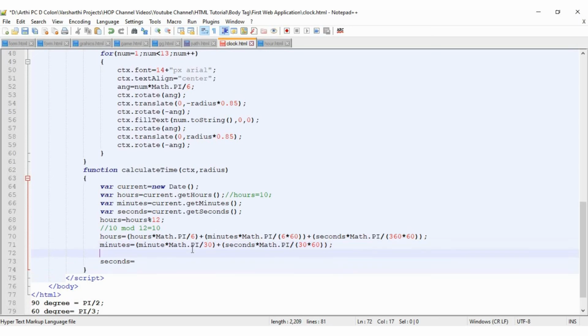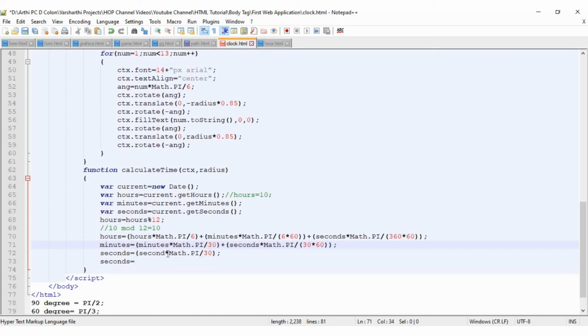And finally seconds: second into pi value divided by 30 into 60. So now we have calculated the angle for the hours hand, minutes hand and seconds hand, right?